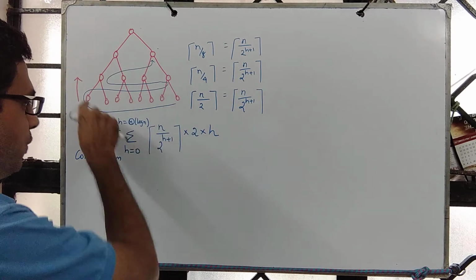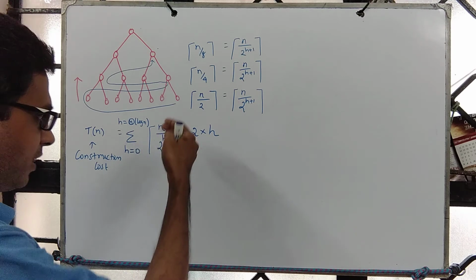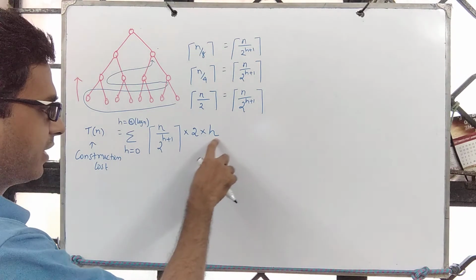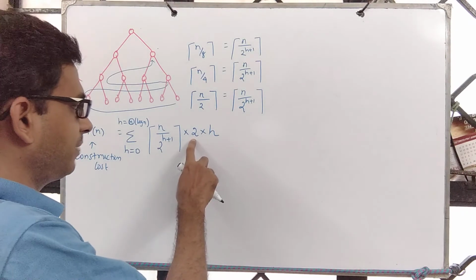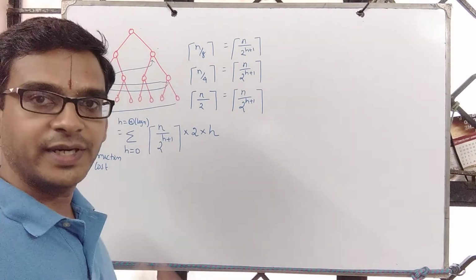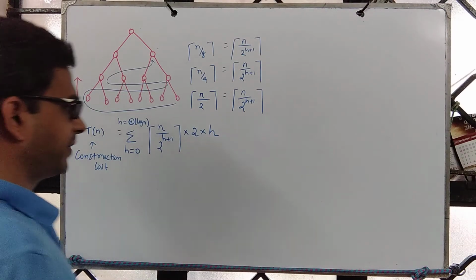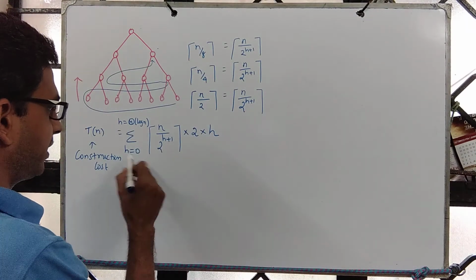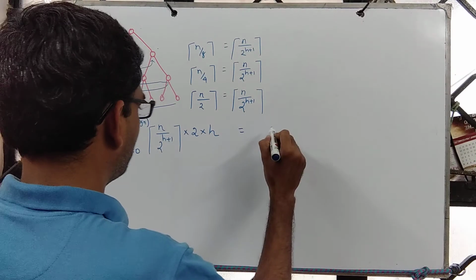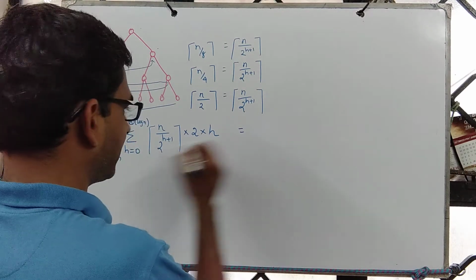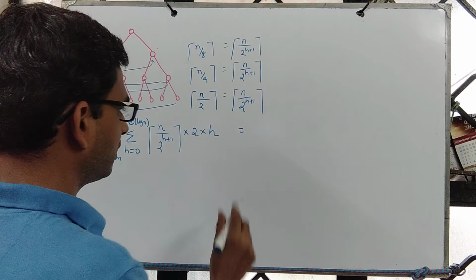Now there are this many nodes, and if there is a violation, then it can go all the way down, right? How many times can it violate? It can violate this many times. Each time we incur this many comparisons to declare whether there is a violation or not. So this would be our total number of comparisons, and the summation depends on H. Things that do not have H, you can take out. So you can even write it as lower bounded by something, upper bounded by something, and so on.